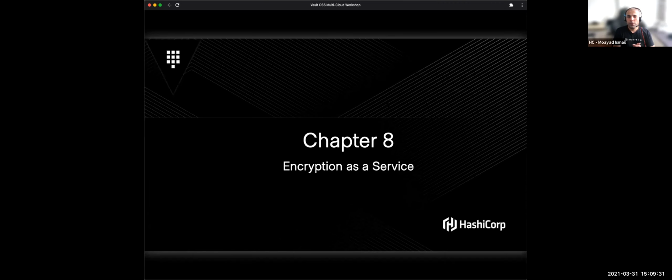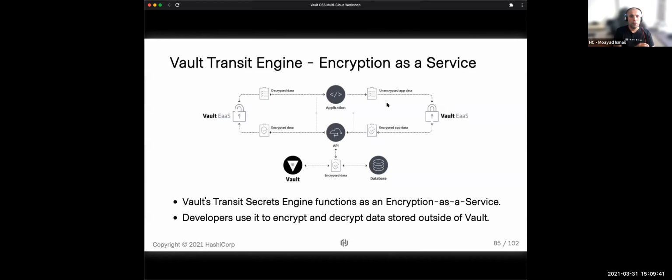So we've covered a major section there. This will be the last chapter, in which we will cover encryption as a service. The Vault Transit engine is the secret engine that enables this. Why do we need to look at encryption as a service? For enterprises to better protect their data, client-side encryption is becoming a lot more prevalent.